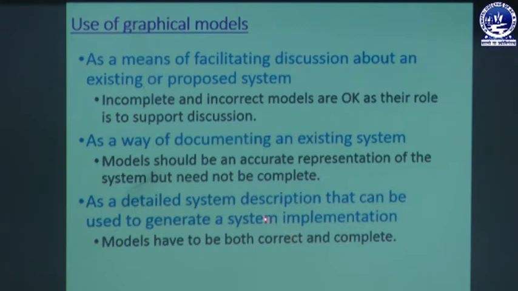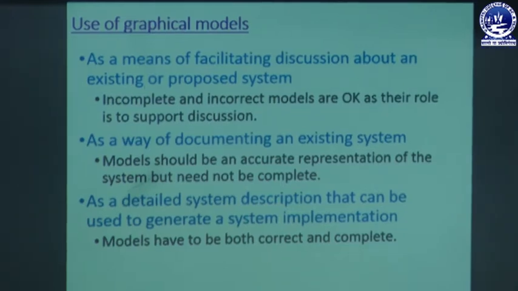So, here we are talking about the system implementation. That means we are sitting along and having a discussion on this exact system we are going to develop. So, whatever the graphical model may be, it should be complete and it should be consistent. It should be correct, because we are going to code the software for this graphical model. If this graphical model is incorrect, then we are going to code a wrong graphical model.